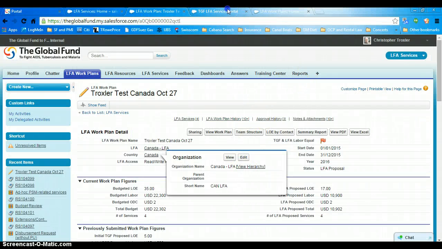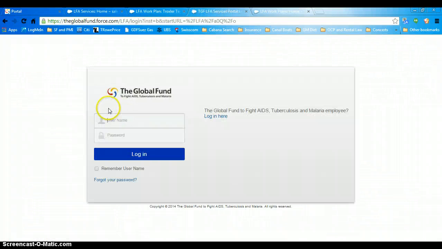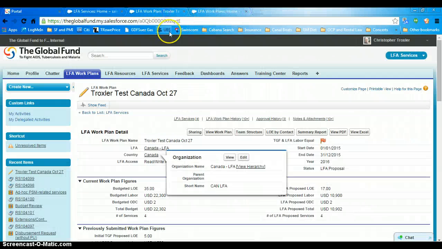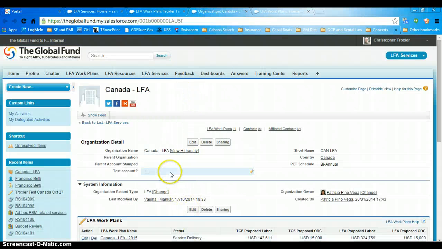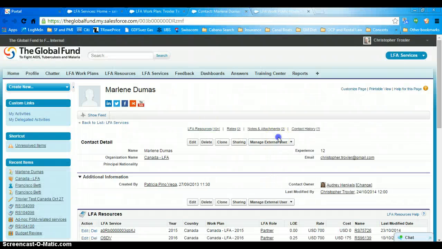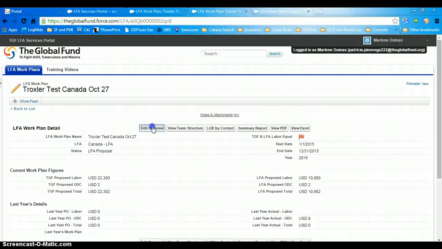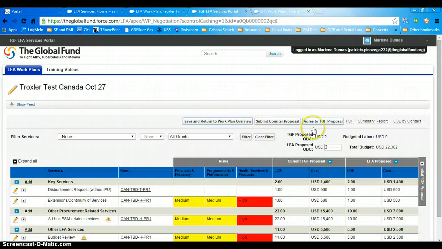here I'm logged in as me, here I'm logged in as the user. Here I'm logged in as the user. If I go into this work plan, because it's LFA proposal right now, and if I edit it, and if I send it back, submit counter proposal,